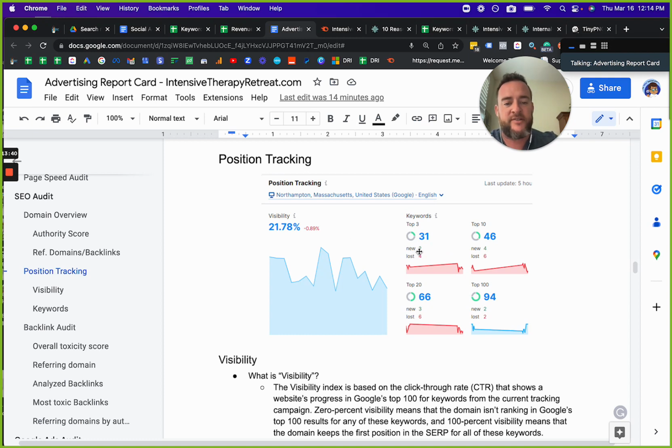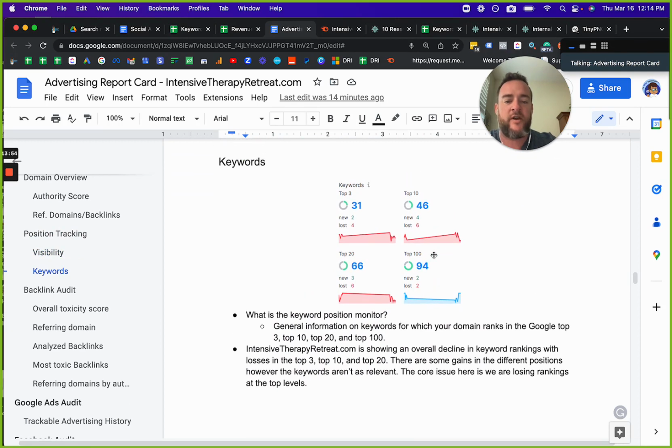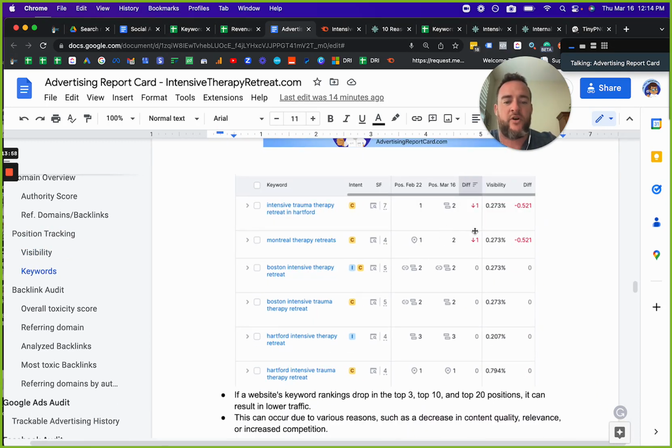When you have this type of loss, this is called churn, where things go back and forth with what is lost and what is gained. And you're talking about positions like 1 position change and then 1 position change back. So you're going to get some churn in there, and you can see that. But if you look at the overall results, the churn is going back and forth between position 1 and 2, the most competitive positions you can be in on Google search results. And you're literally number 1 for Montreal therapy retreats, and you're going back and forth between 1 and 2, which is very good.